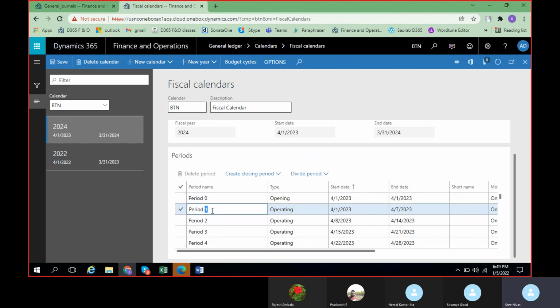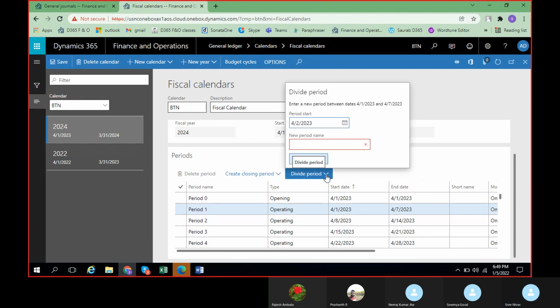If you just double click on this one, you can see the option here, divide period. If you see, the start date of that particular period is April 1st, 2023, then it will take the next date. See the disclaimer: you enter a new period between 4/1/2023 to 4/7.